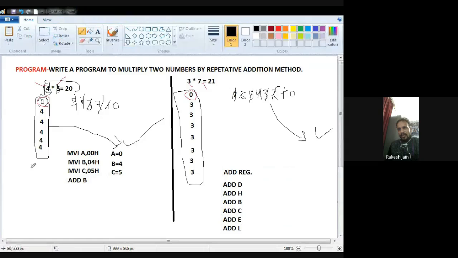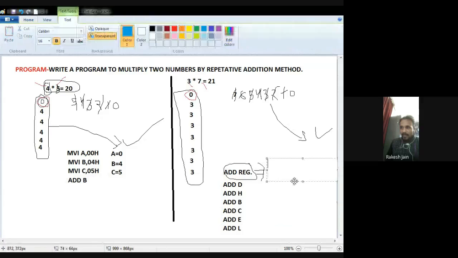So among these, what is the meaning of this? The meaning of this instruction ADD register, I am going to write in blue color, kindly look at it. The meaning of this instruction ADD register is add the content of accumulator, here the meaning of A is accumulator, with the content of this register which you mention after ADD.